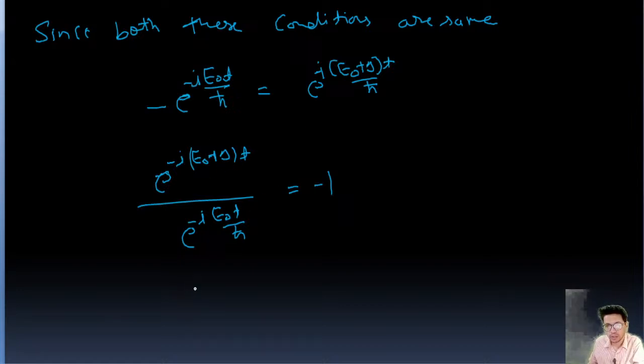So this is going to be e to the power iota delta T upon H cut